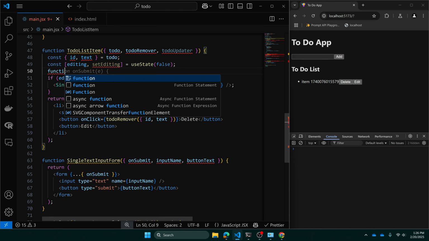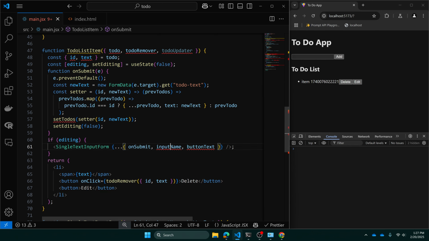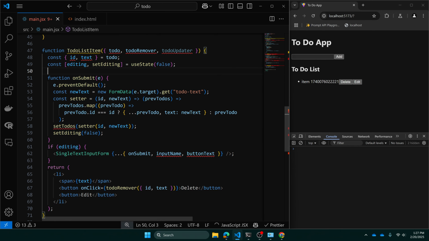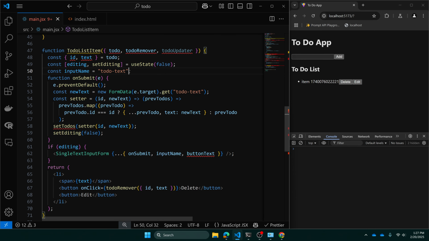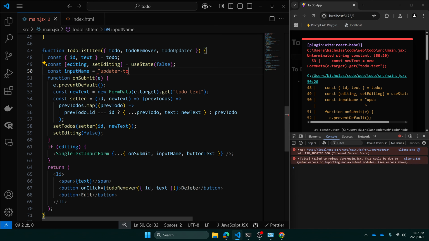So function onSubmit will be preventDefault. We will get the name. We're not sure about what that name is yet, so we'll do const inputName equals todoText would be fine, but let's just make it like updating, updaterTodoText, and then we can use that name right there as a variable. And then our setter is going to